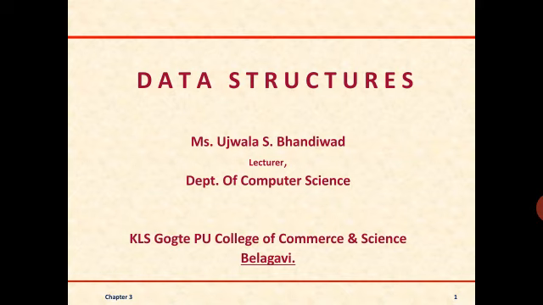In the last class, we learnt a linear data structure known as linked list. We learnt various operations on a linked list. Also we learnt that linked list allows us to dynamically allocate the memory. We completed the different types of linked list such as stack, queue, etc. Now in today's class, let us learn the non-linear data structures.